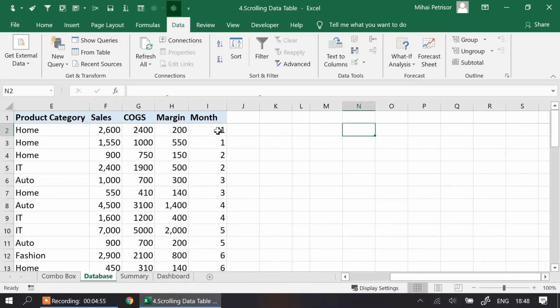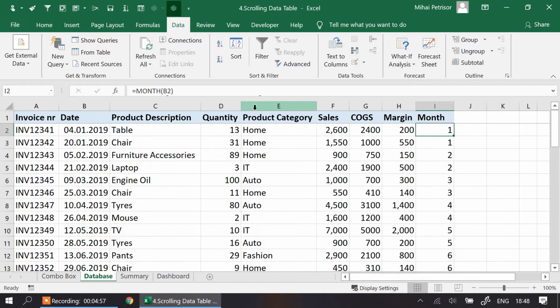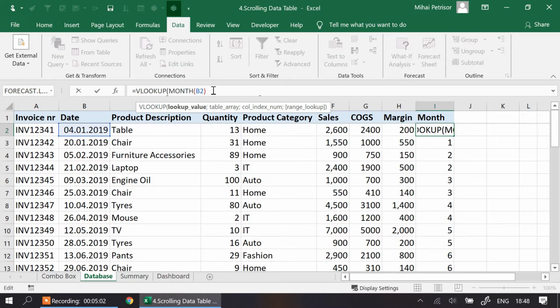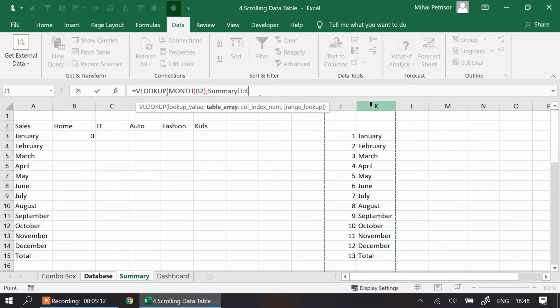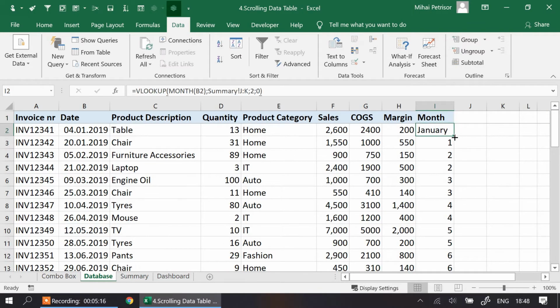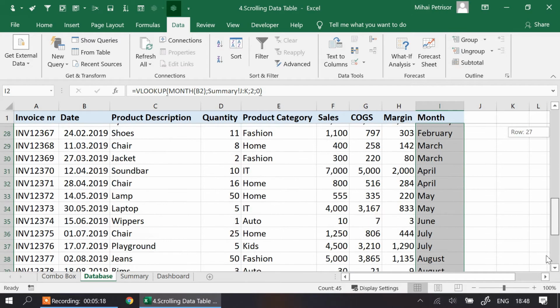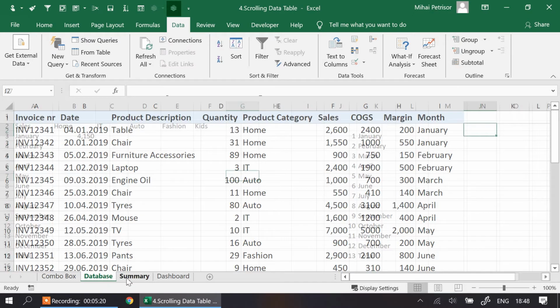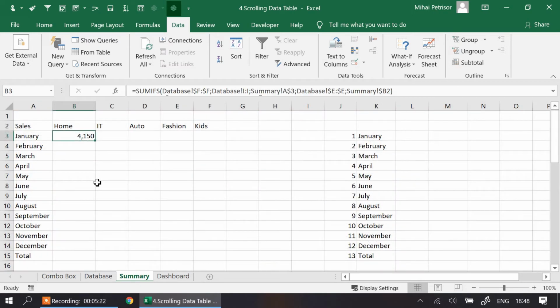here in the database I will add in the month a lookup value, which is the VLOOKUP function, and that figure, that one number, should be found here, the exact match, and copy the formula till there. In this moment we have the value.